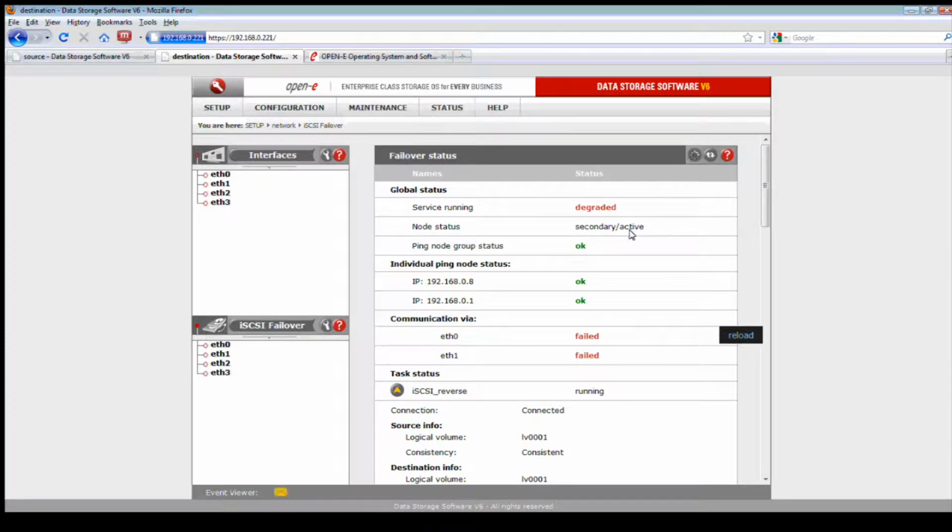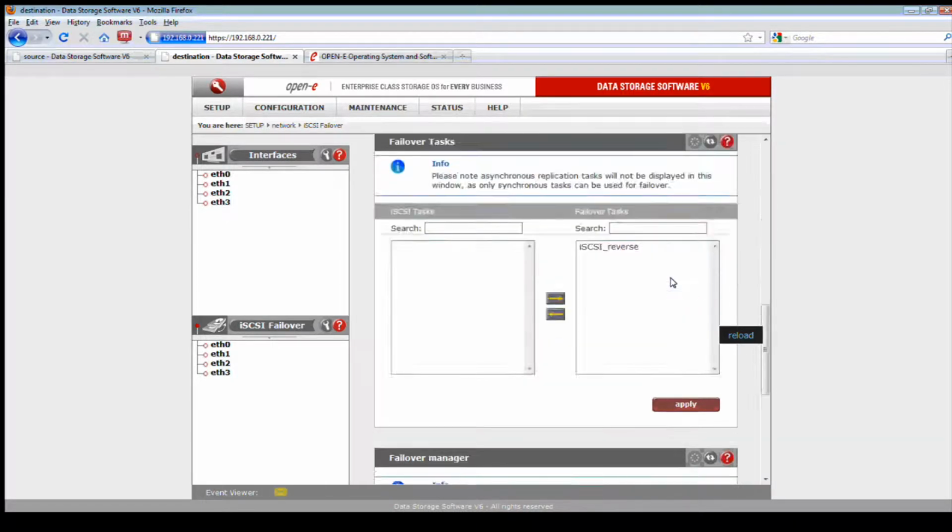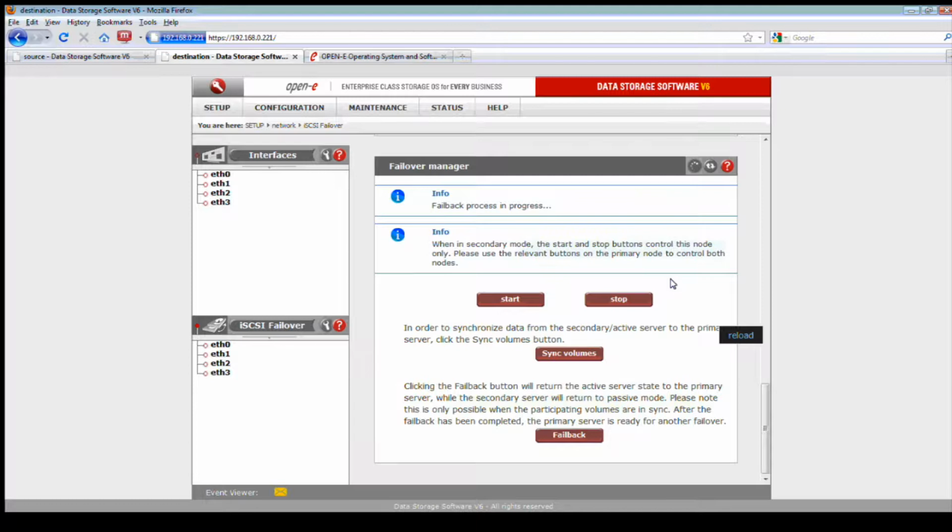What you want to see is that they are consistent. So give it a second here. It's going to verify and calculate, and it is consistent. Once this is consistent, then you can fail back. And this will put it back into its original state, and we should see those other files that we've added, or that directory that we've placed on there to be updated.